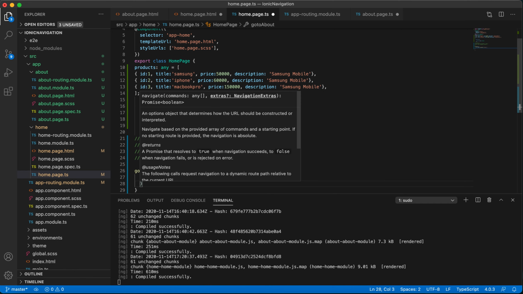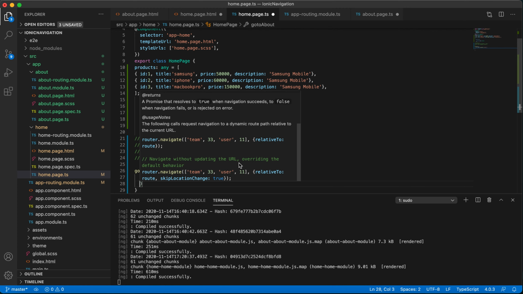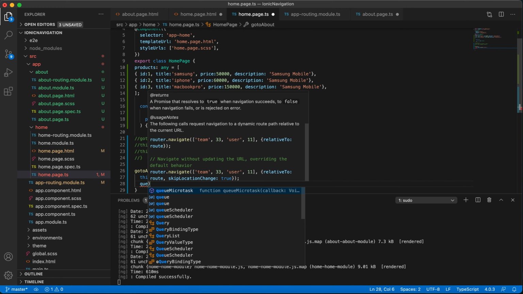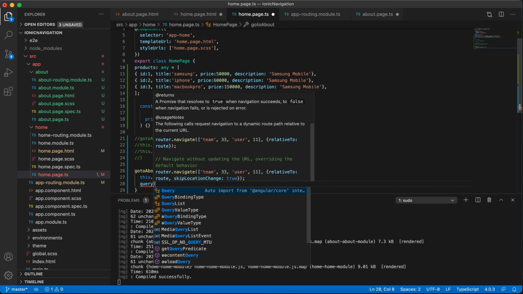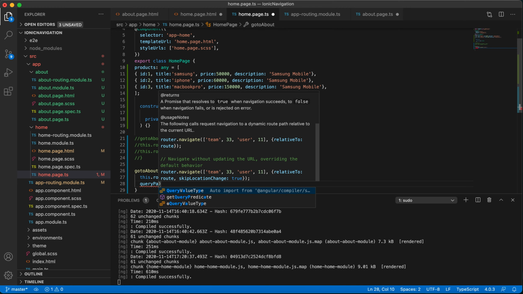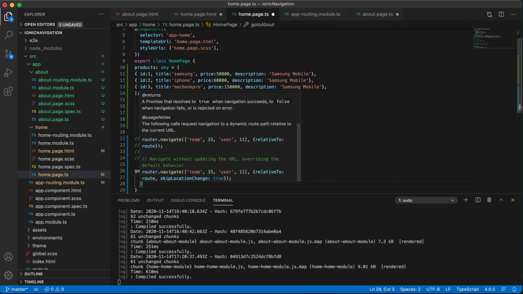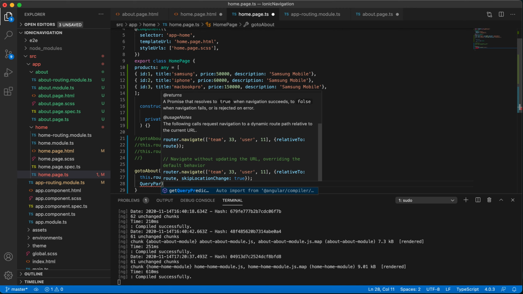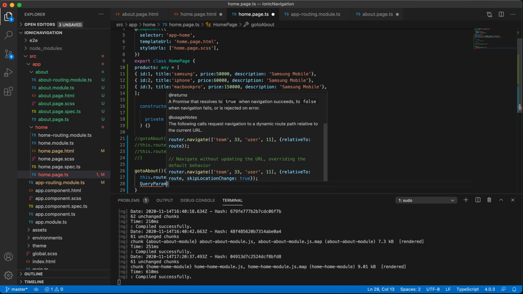We need to mention the parameters. What are those parameters? Query params.